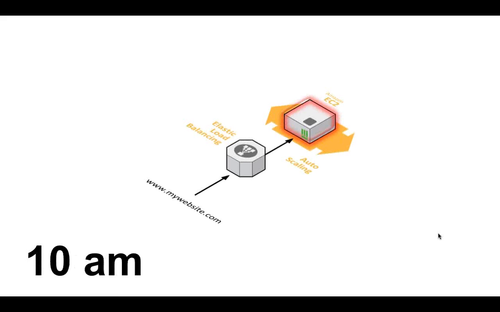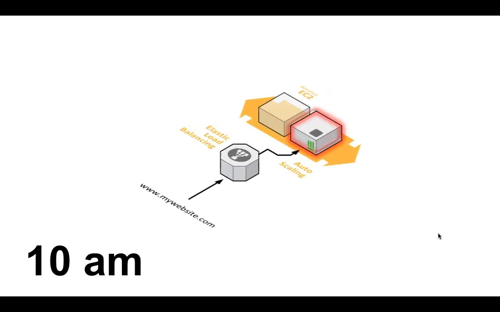Then at 10 in the morning, your system starts getting hot, there are more people logging in, metrics will show this, and autoscaling will automatically do an action, which is to add an instance. You can configure and specify how many instances to add at a time. Is it 1 or is it more? Then you get a new instance, and autoscaling will notify the load balancing service that, hey, there's a new instance in the group. Load balancing system will execute health checks. And if the new instance passes the health checks, it seems operational, it is added to the active pool. And it will start getting some load, which is then offloading the traffic from the original instances and balancing the load equally.